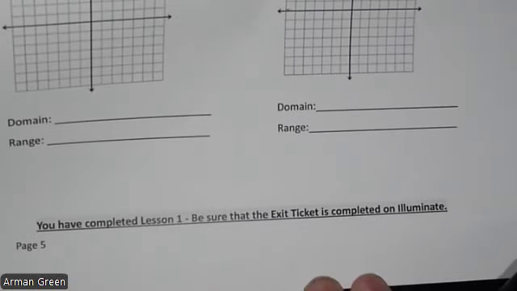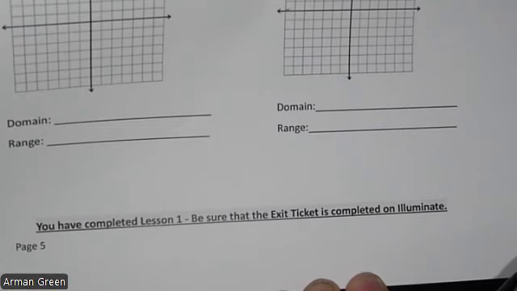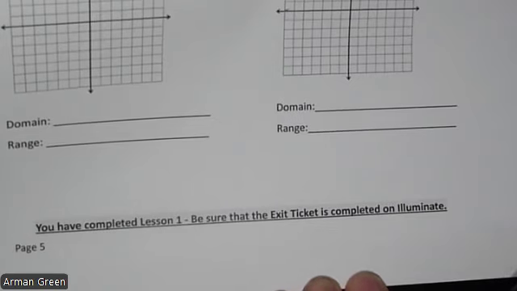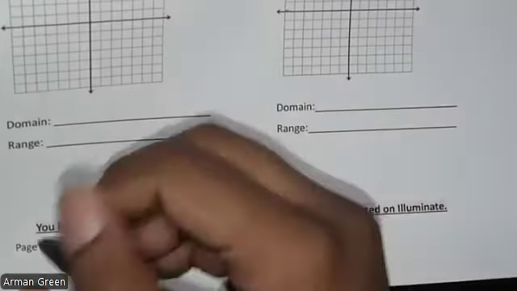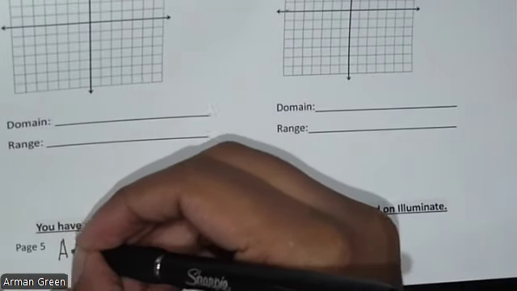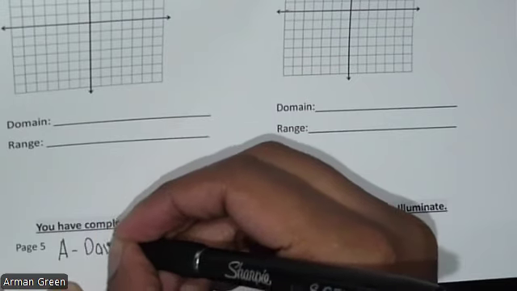Now, this is where I need you all to pay a little bit of attention to the directions for this exit ticket. Because depending on what day you have Algebra 2, you're going to have different access codes in order to get to the exit ticket. Okay? So, if you are an A day, meaning that if you have me periods one, three, or four, so A days, in order to get to the exit ticket